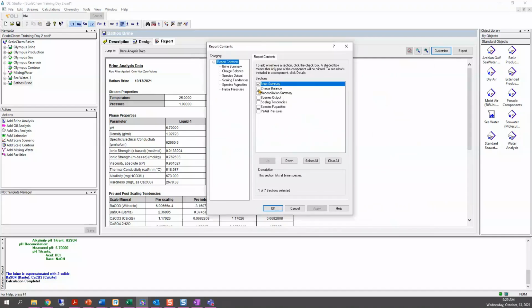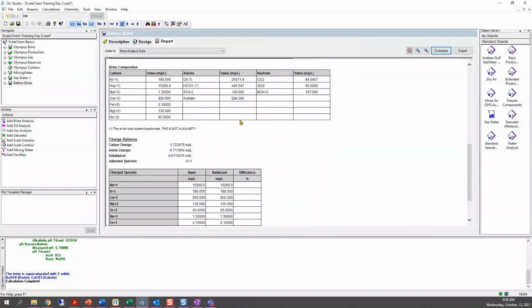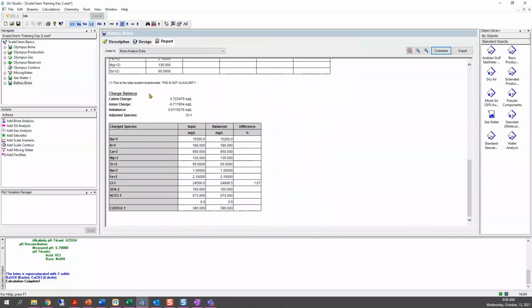You can see charge balance, reconciliation summary, the species output, all of these options, partial pressures. For what I want to show, just click on this charge balance box and then click OK. Okay, so that means that we need to scroll down and look for the charge balance table.